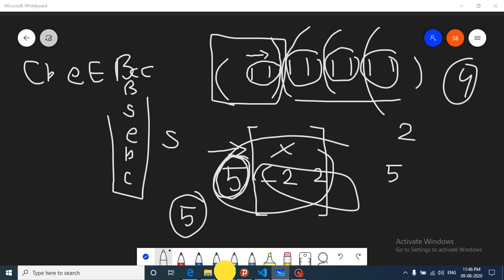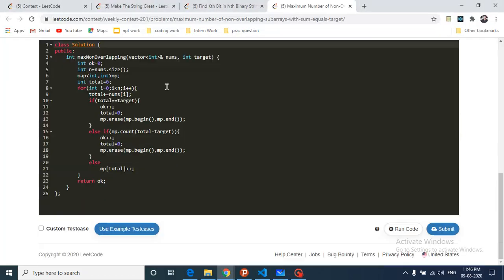So I'll just move on to the code implementation. The code is also very simple. You can make a map, and you will iterate from left to right, adding every ith value to the total variable. If total equals target, what does that mean?